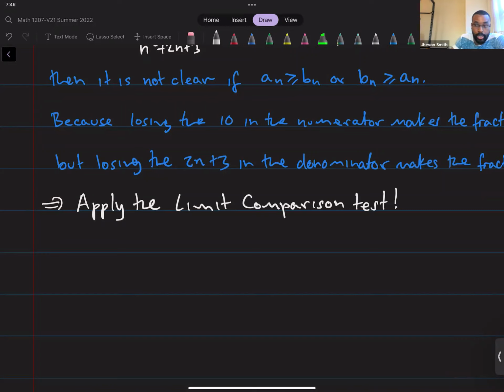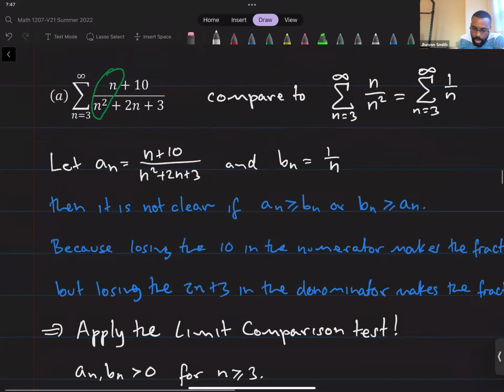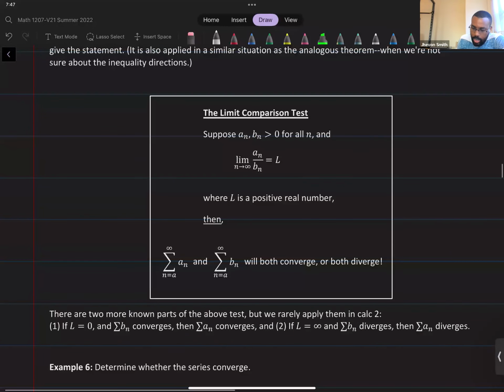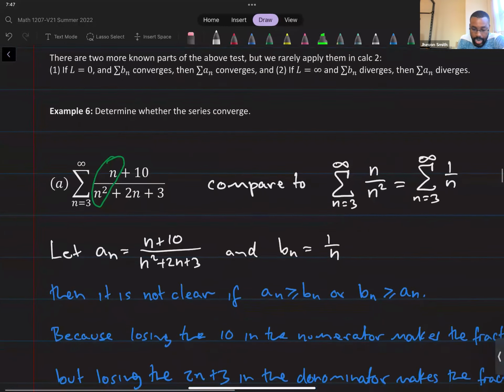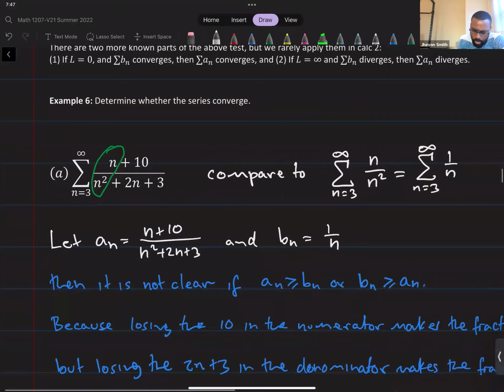It's very easy to see that they're actually both positive. So your an and your bn are positive. So that's good. And well, for the n's in question, for n greater than or equal to 3, right? You have to be positive for all the n's that you're considering. So here from 3 to infinity,